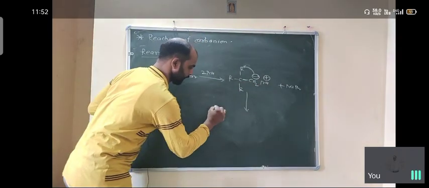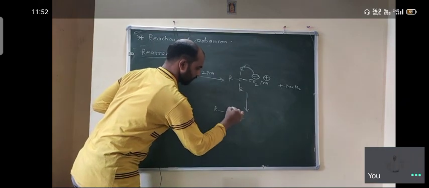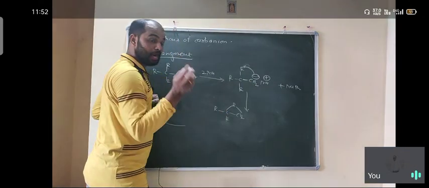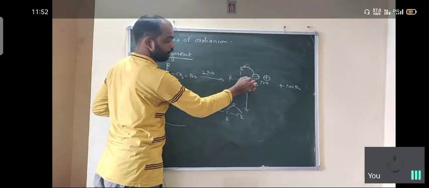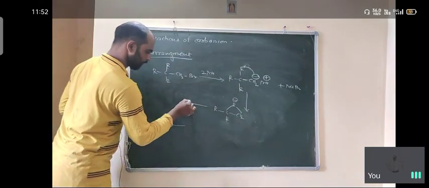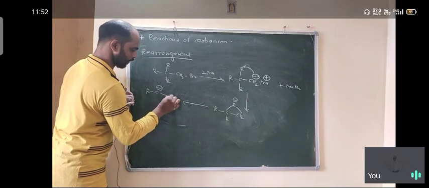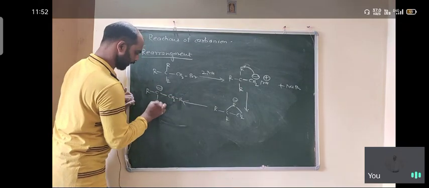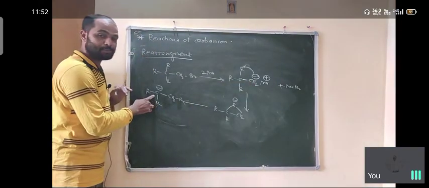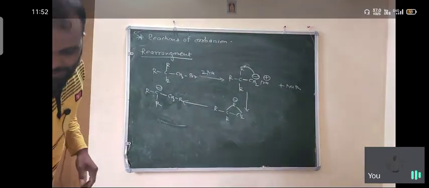So we get an intermediate like that, R. This R is equally attached to both the carbons. The negative charge shifts onto a carbon, and after completion of the process we get the negative charge here, the CH2R here, and the R here. Here a primary carbanion is present, and here a tertiary carbanion is present. So this is a rearrangement.